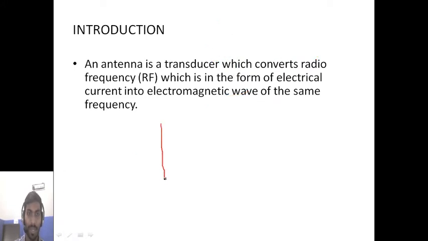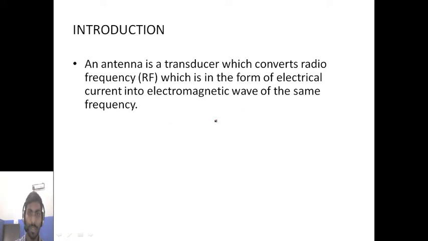If this is my alternating current waveform, then let me say this is my conductor, a single wire. In this conductor, my current waveform is passing through this wire. Whenever this waveform cuts the wire, you can see that electric and magnetic fields will be generated. That means alternating current generates a magnetic field, and this magnetic field in return induces an electric field. That is what I mean by electromagnetic wave.